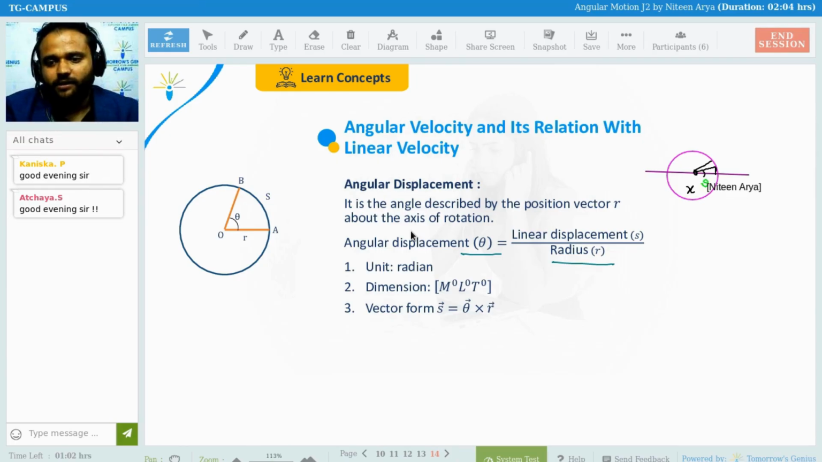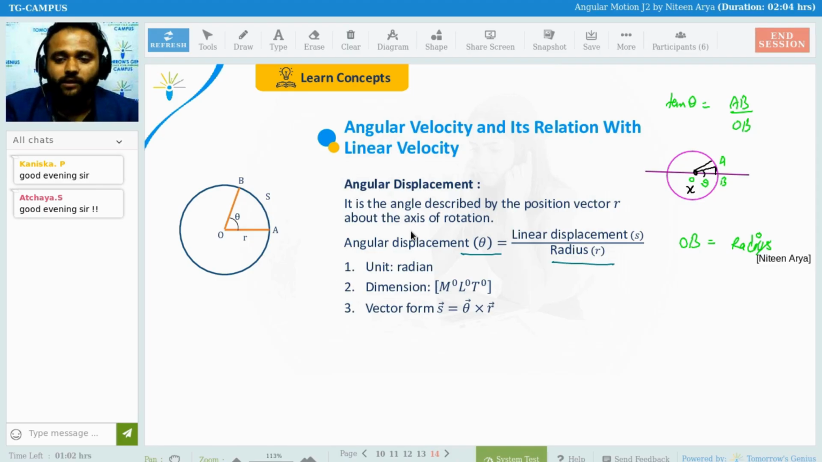In triangle OAB with small angle theta, tan theta is what? AB upon OB. OB is the radius, and AB is the perpendicular. From this you can see AB is the arc length, or linear displacement, that is S. Clear? From the small angle approximation that I already gave you,